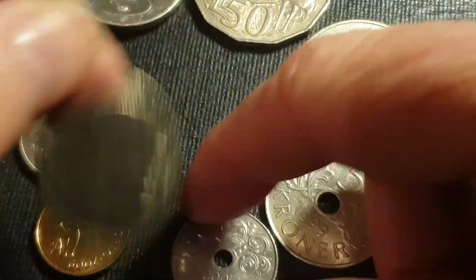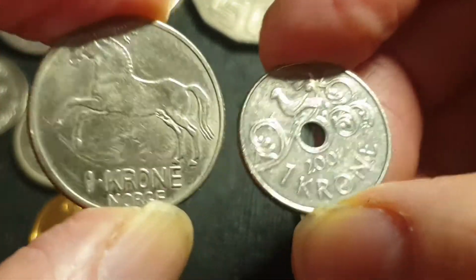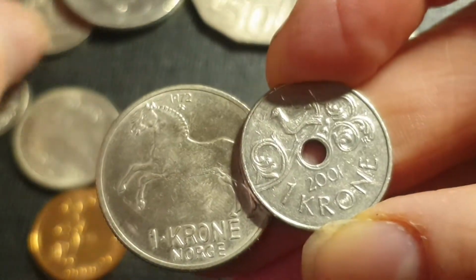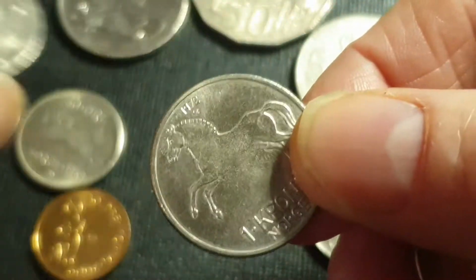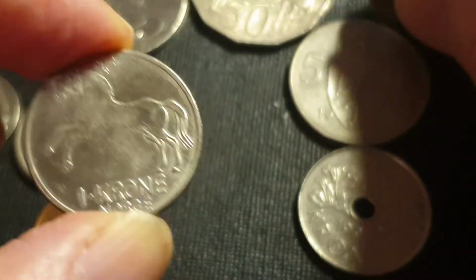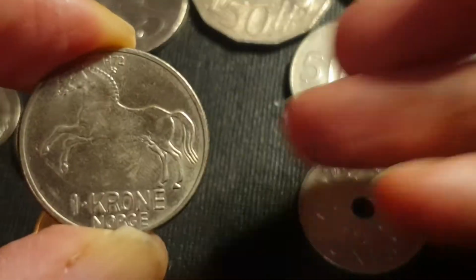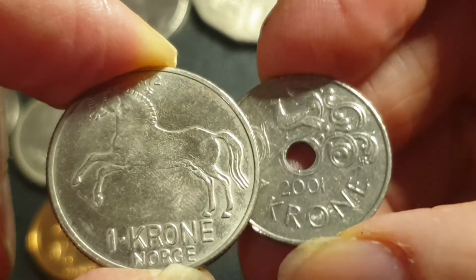Then we have a coin that's equivalent to 20 cents. And for most of the period, it was a large coin. So it was similar in size to the 10-cent coin, just a little bit larger. Probably about $1 coin size. So I do have a $1 coin. If we make a size, yeah, similar, definitely almost the same. And then they reduce the size and put a hole in it to distinguish it from previous coins,